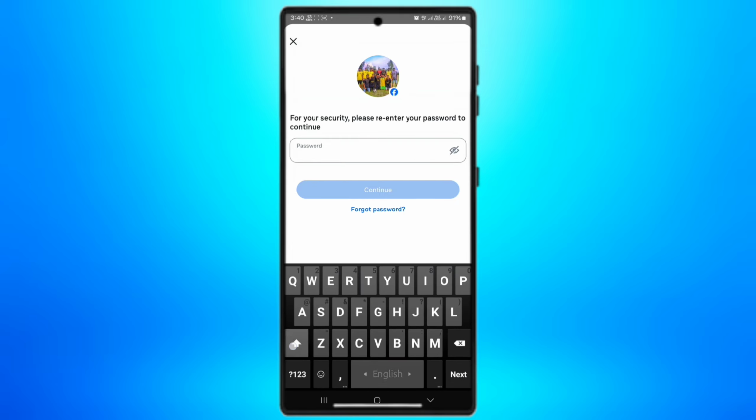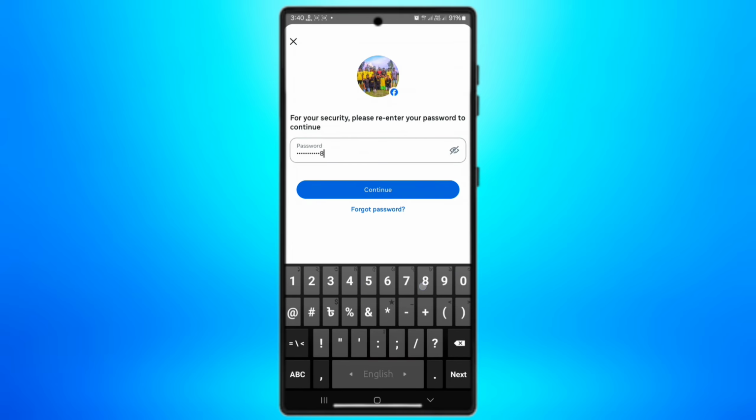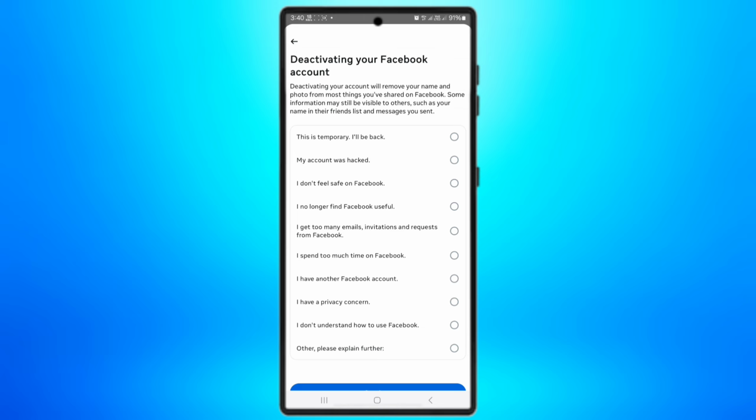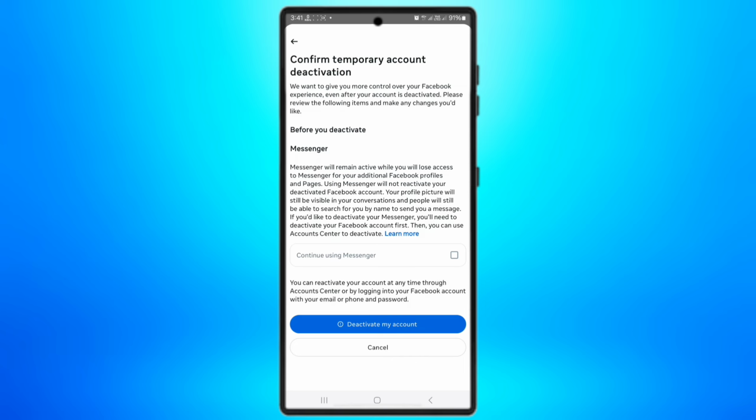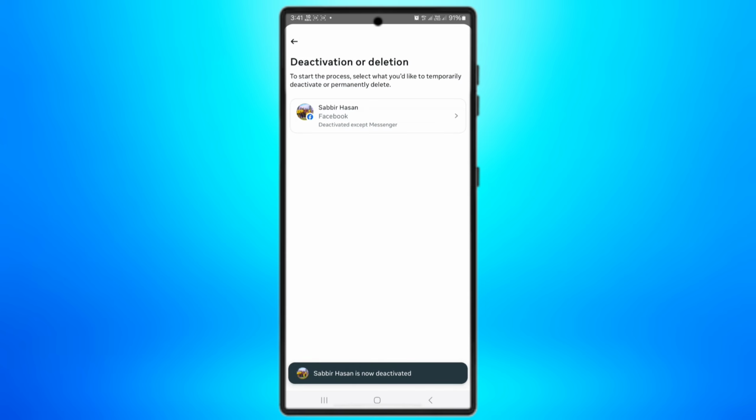Now enter your account password and tap Continue. Then select a region for deactivation, then again tap Continue. Now scroll down and tap on Deactivate my account. A confirmation message will appear and that's it. Your Messenger account is now